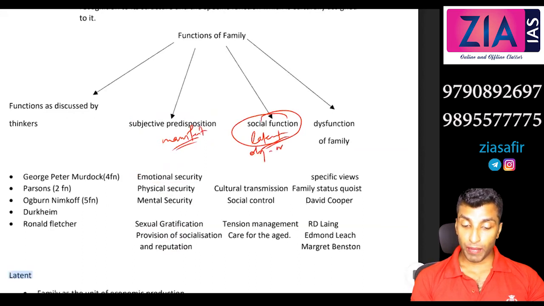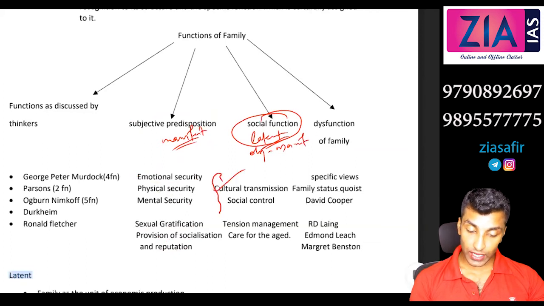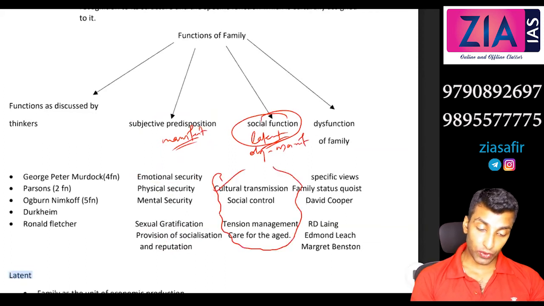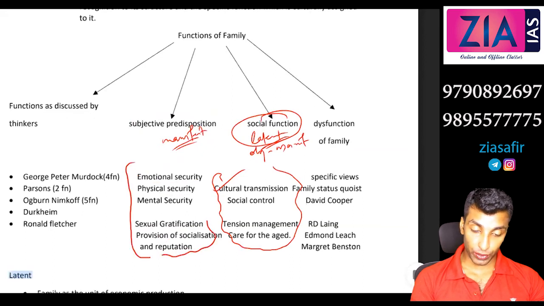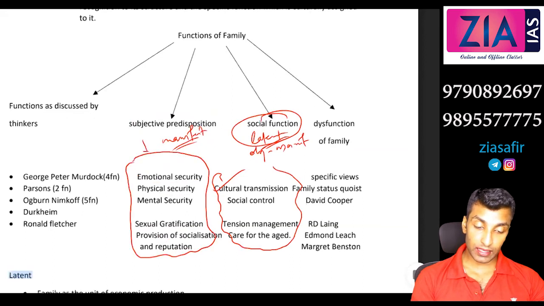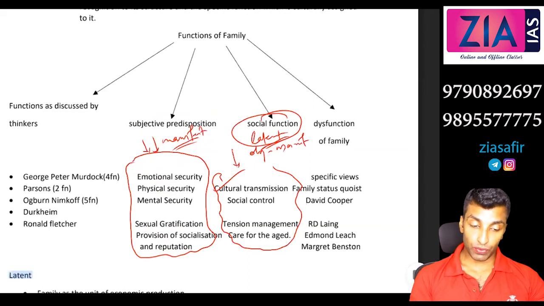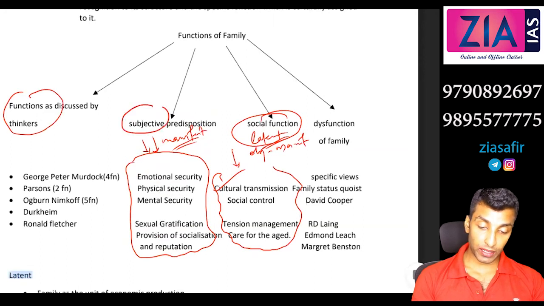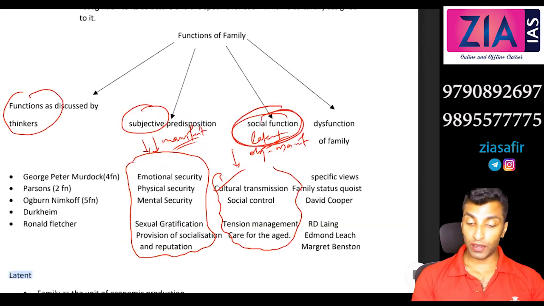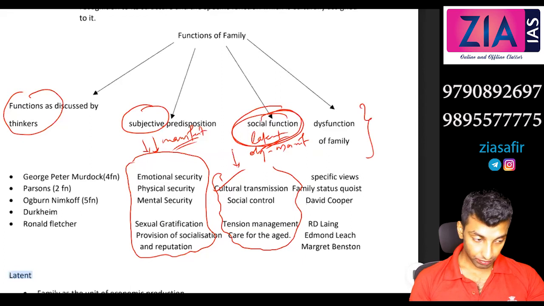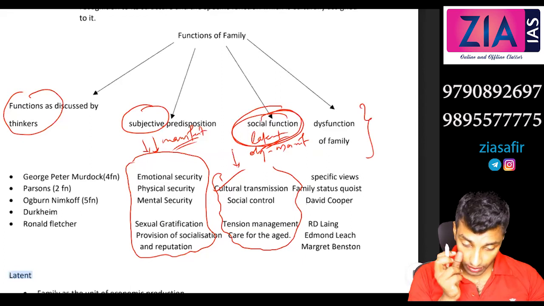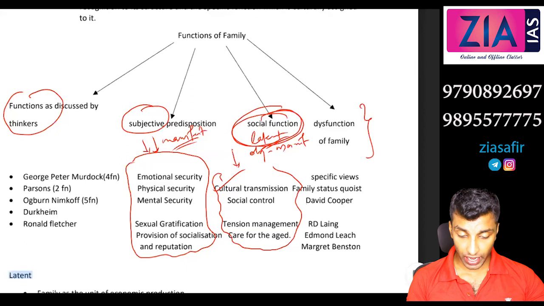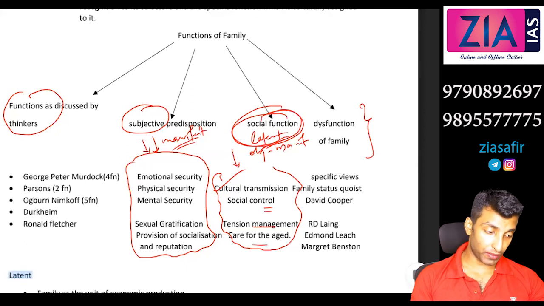So cultural transmission. This is a societal perspective I have told you. This is the individual perspective I have told you, the intention or the meanings attached by the individuals. So here, societal perspective. So we are talking about functions by thinkers, then the individual perspective, then societal perspective, then dysfunctions. So here, tension management, care of the aged, all these are societal perspective that we have already discussed,